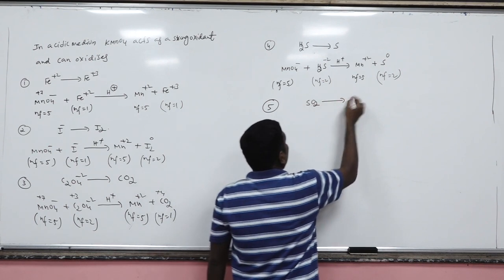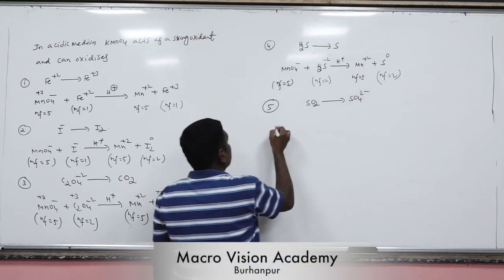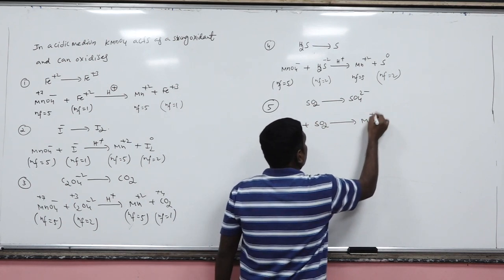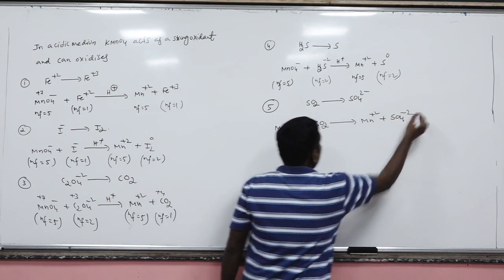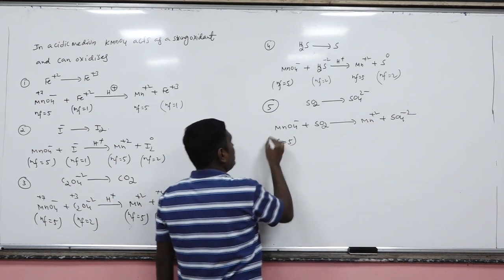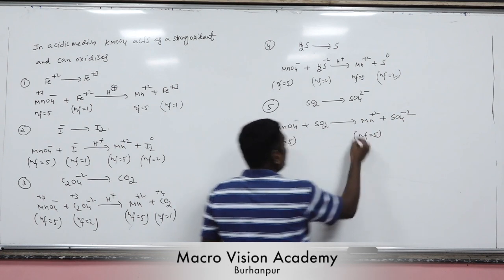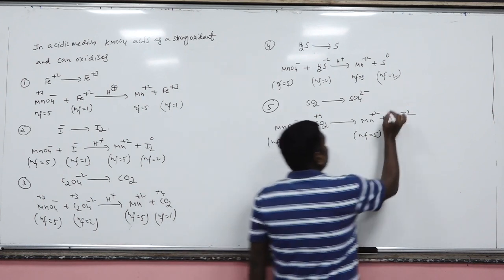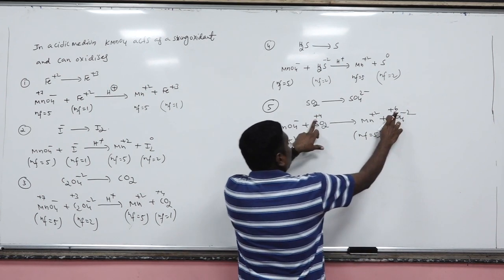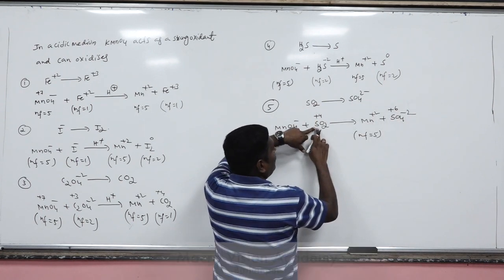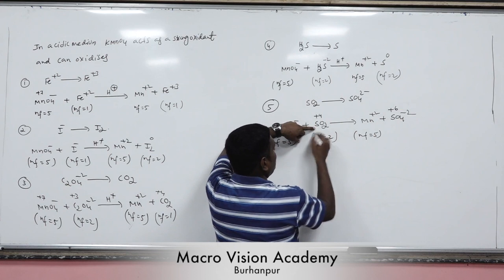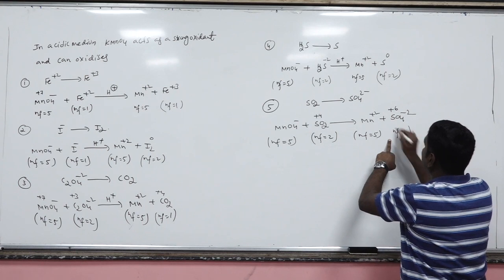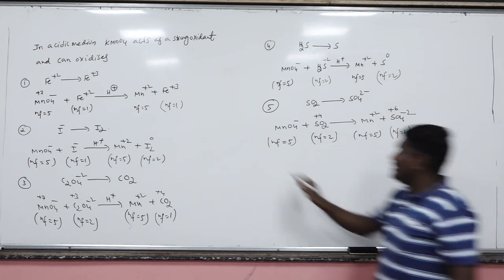Sulfur dioxide oxidizes to sulfate ion. Now, here N factor is 5, we know. Now come to here. In SO2, what is the oxidation state of sulfur? +4. In SO4 -2, it will be +6. What is the change in oxidation number? 2. Per sulfur atom, only one sulfur atom, so N factor is equal to 2. Here also 6 to 4, change is 2, only one sulfur atom is there, so 1 into 2. Next.